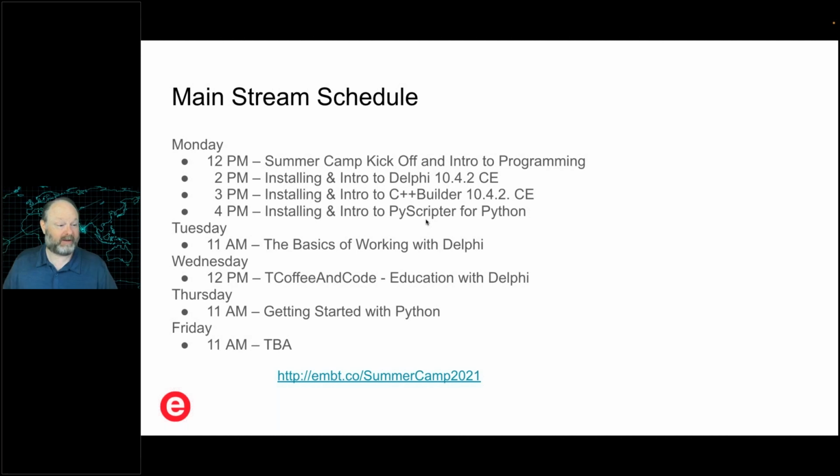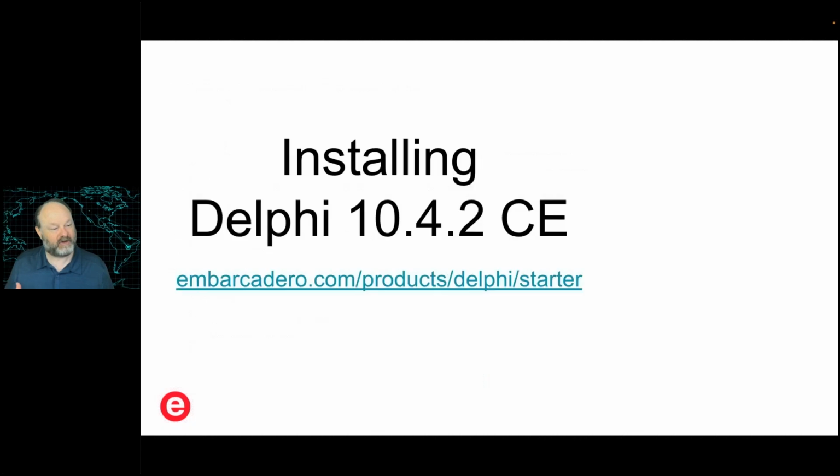So we just finished the summer camp kickoff intro to programming. This is going to be installing and an intro to Delphi 10.4.2 Community Edition. I have to be quick because we have an hour before the next session starts, but there's the link right there for installing Community Edition. Let me paste that in the chat window. Hopefully you've already downloaded it, but if not, you can grab that and you'll be able to follow along later. So with that, let me jump over to